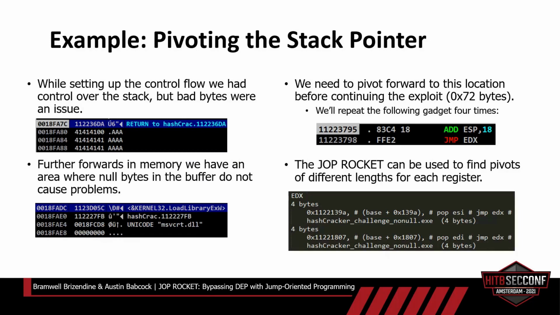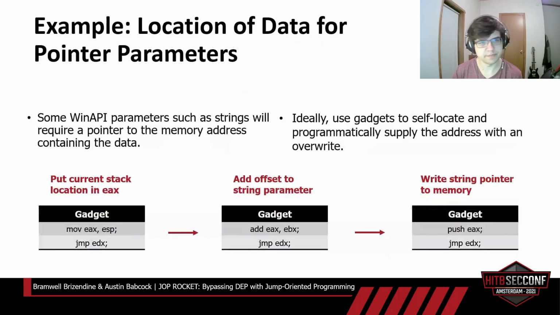So what we can do is pivot ESP forwards to our second copy of our payload where those null bytes are no longer an issue, and then we can pivot 72 bytes and perform the rest of our exploit without worrying about those. So some things to take into consideration with some of these WinAPI calls is that we need